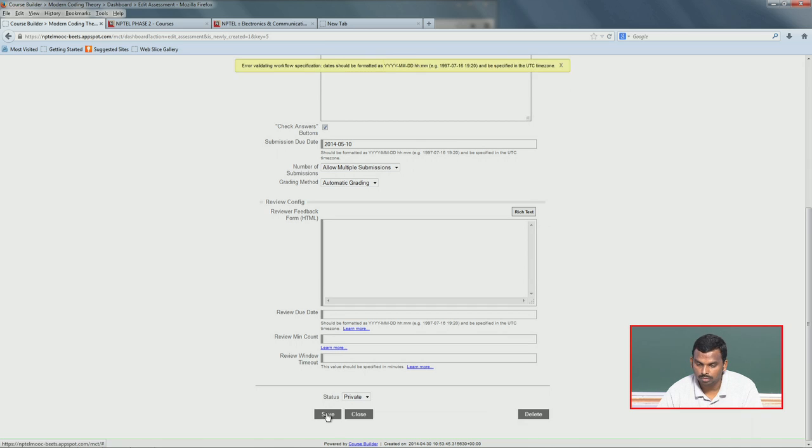Error validating. Oh, okay. So I forgot the time. I put just the date, I didn't put the time here. So they need hours and so on also. So let's just put 11:00. Remember once again, this is UTC, universal time. This is about 5.5 hours behind Indian Standard Time if you want to convert. Okay, save. That's it, it's saved correctly, and then I close.